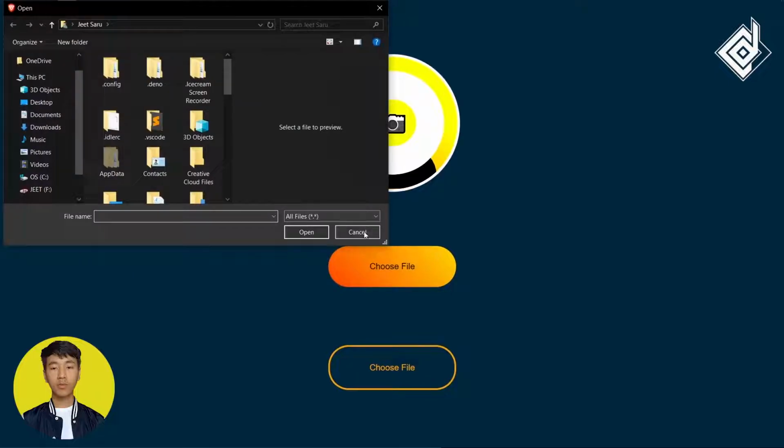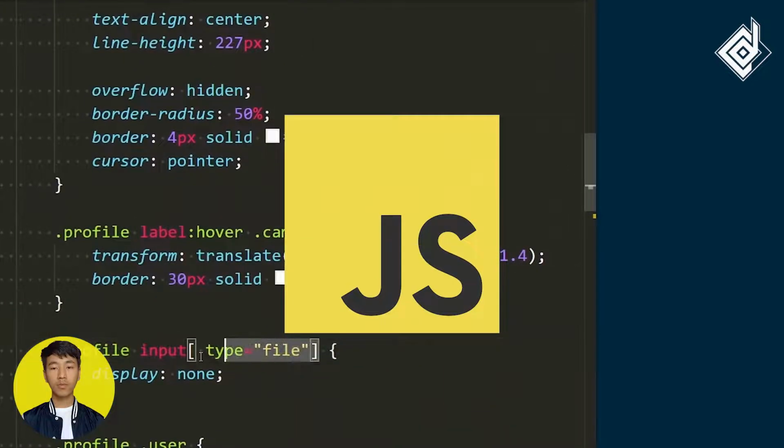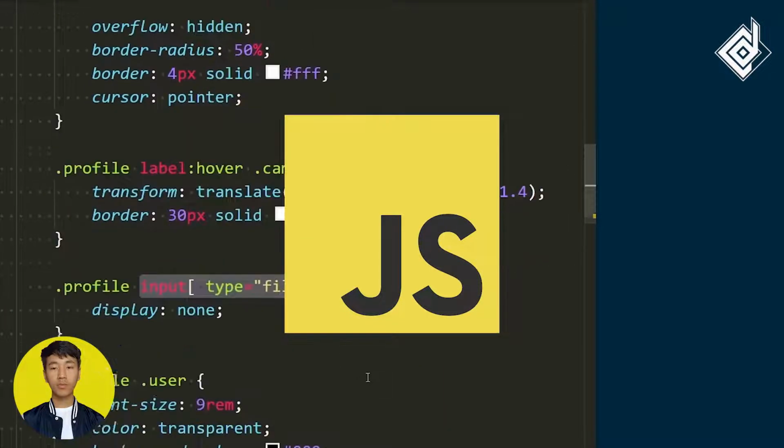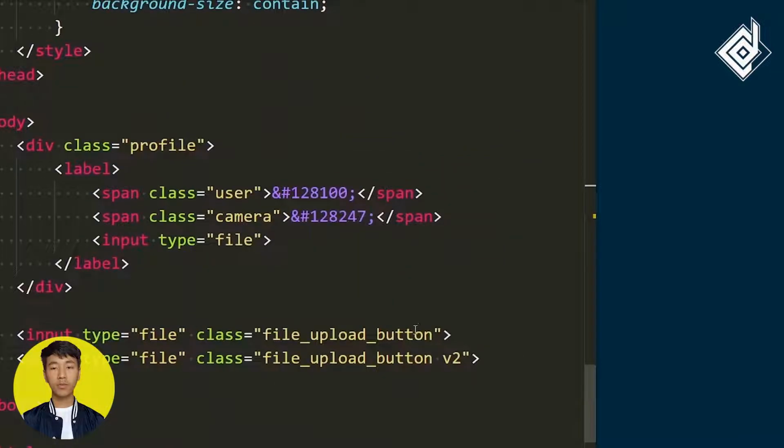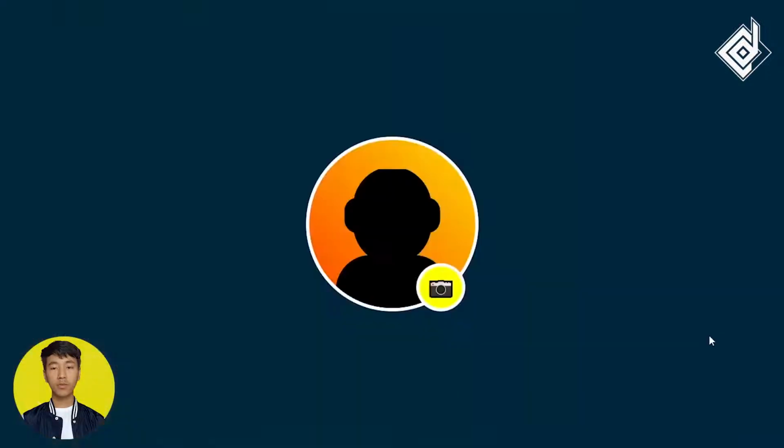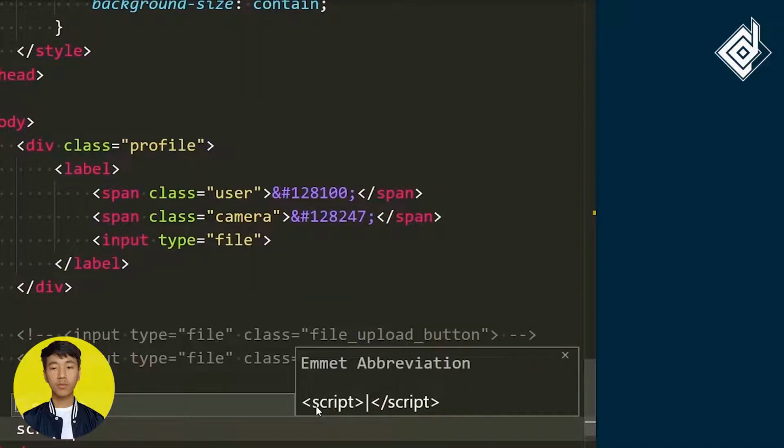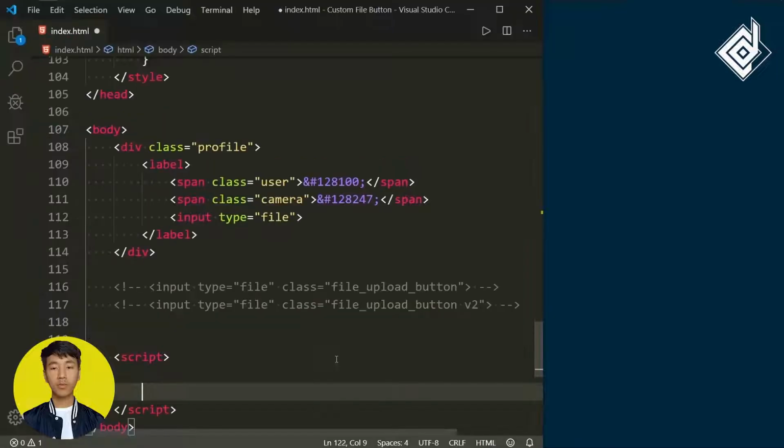Now let's take it to the next level with the help of JavaScript code. Now I want to add an extra feature, something like when you choose your file. So we want to add something like image preview feature. So for that, I'm using the JavaScript code, and let's comment out this code. There are a few lines of JavaScript code. So again, I'm using the internal JavaScript code.